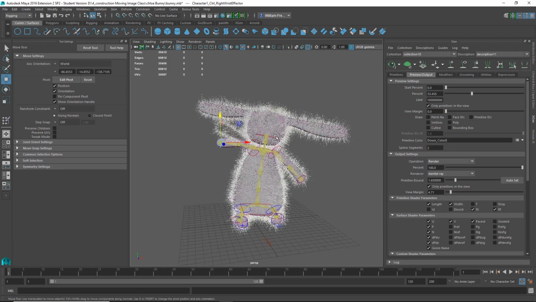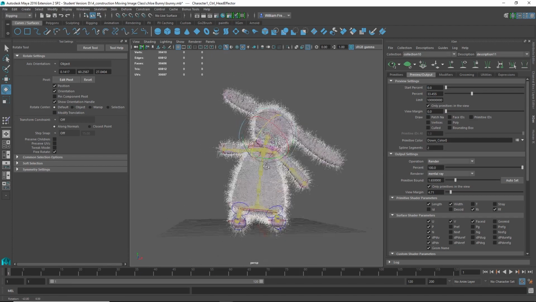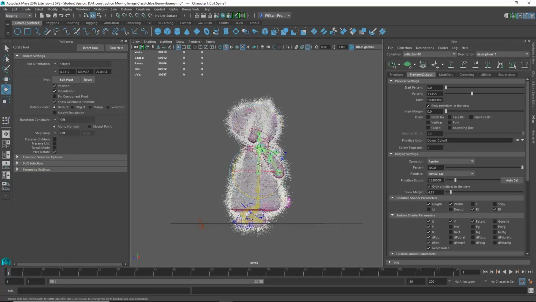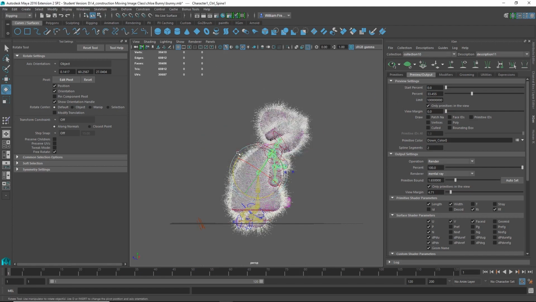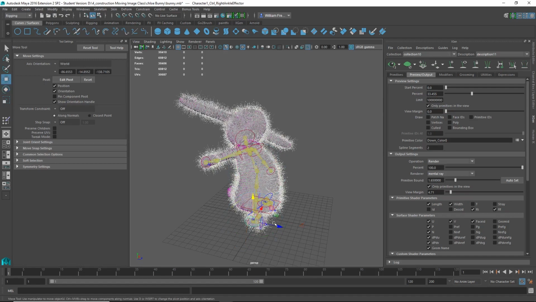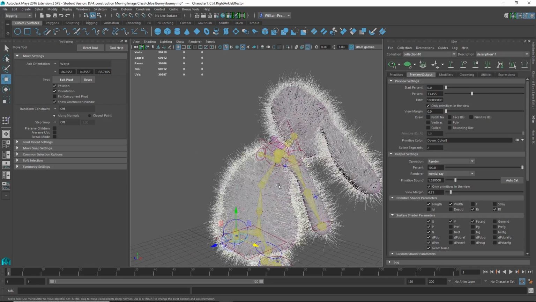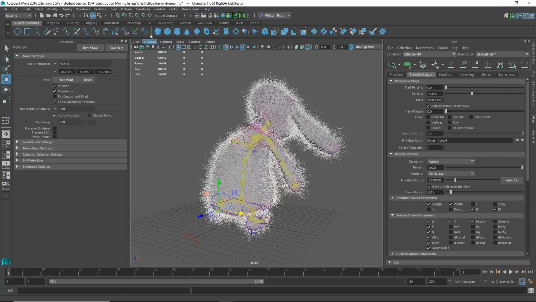We'll do our head. And update. And we'll rotate back. There we go. And then if we render,